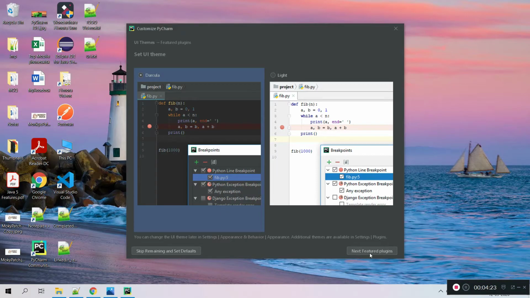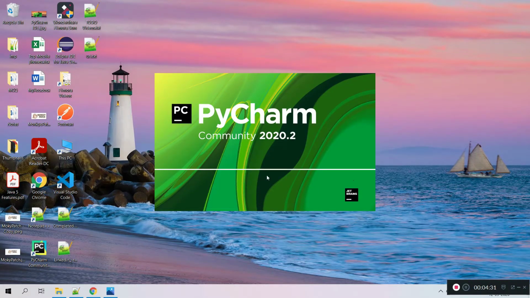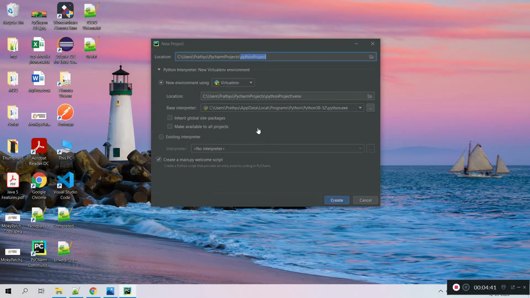Next, plugins, let me click. So it is setting up, and new project. I clicked the plus button to create a new project, and I am choosing a different folder.